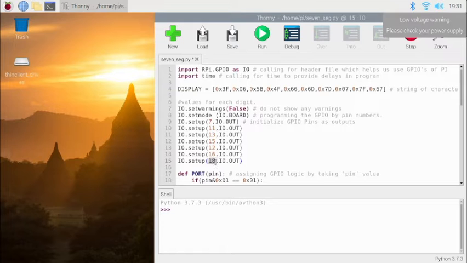Here we are talking about the physical pin count on the Raspberry Pi board. So pin number 7, pin number 11, pin number 13, pin number 15, pin number 12, pin number 16 and pin number 18, right?